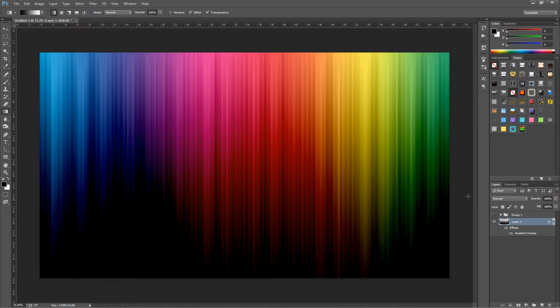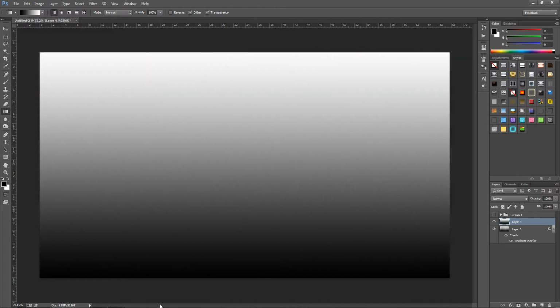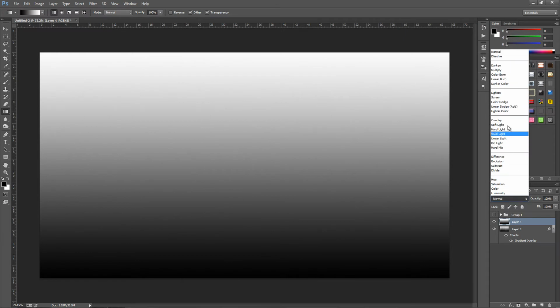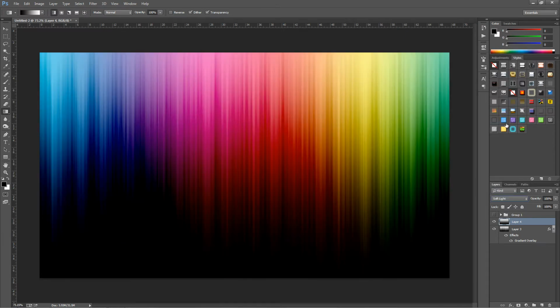From here we're going to make a new blank layer, so bottom right hand side click the new blank layer icon. We're going to do exactly the same as what we did with the gradient, so we're going to go over to the gradient tool, black to white and set to linear, go down to the bottom, and hold down Shift on our keyboard, drag all the way up to the top. From here we're going to change the blending mode of this to soft light. And what that does is it darkens it and brightens it up at the same time, so we can make all the colours really stand out and come through.